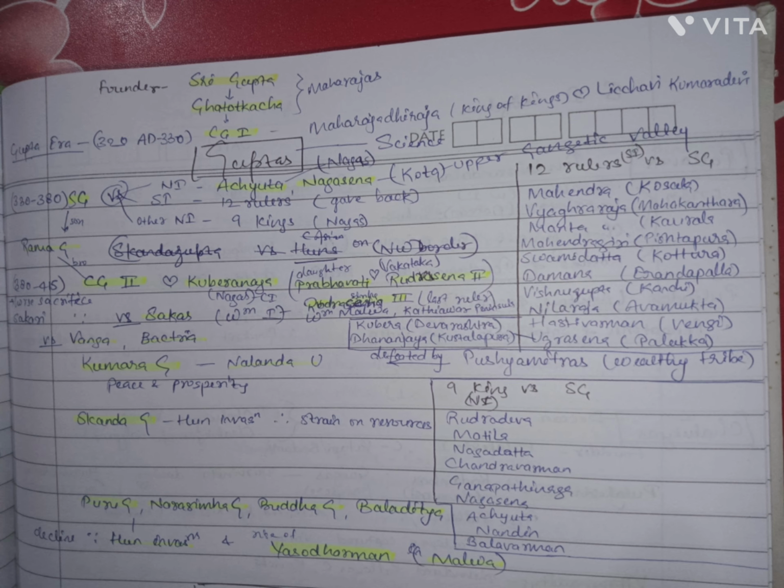So let us look at the successor. Kumaragupta was the successor, the son and successor of Chandragupta II. His reign was marked by general peace and prosperity. He issued a number of coins, and inscriptions are found all over the Gupta Empire. He also performed an Ashwamedha sacrifice. Most importantly, he laid the foundation of Nalanda University, which emerged as an institution of international reputation.